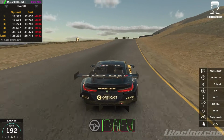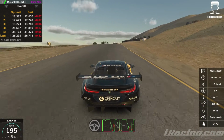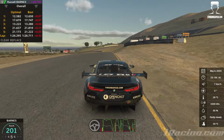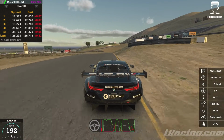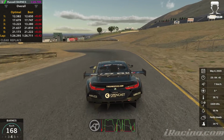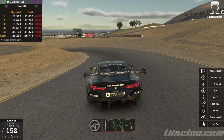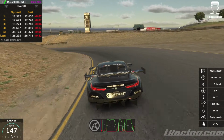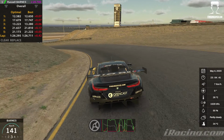The back wants to turn, but you do want to make sure you're over the right hand side here on entry. Just at the crest, we're starting to brake. We're looking towards the inside of the track. Obviously we can't see anything yet, but the track falls away down to the left, and if we can tuck ourselves reasonably tight, I mean, you can double apex this, but I found for consistency's sake, if you keep yourself